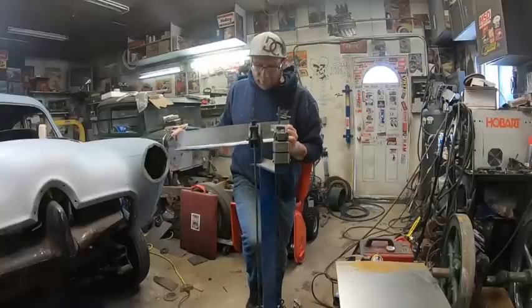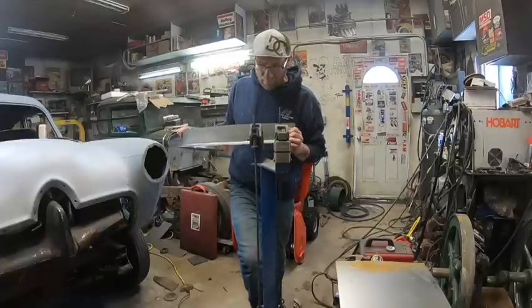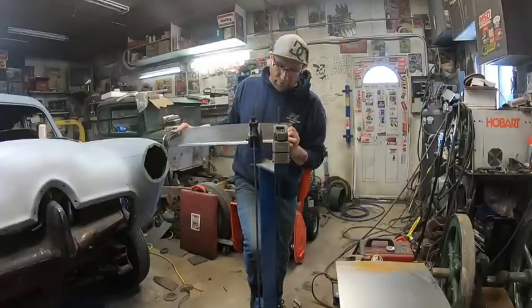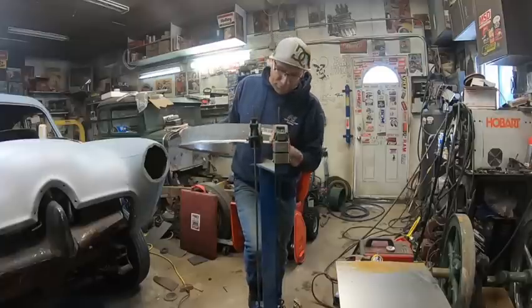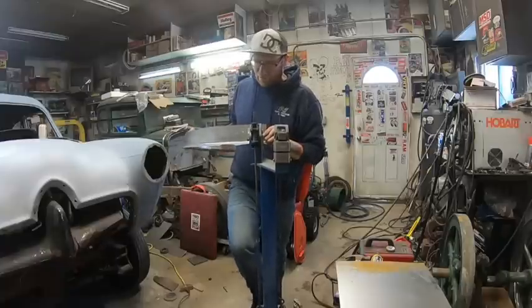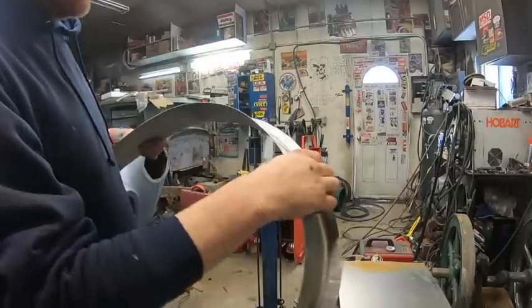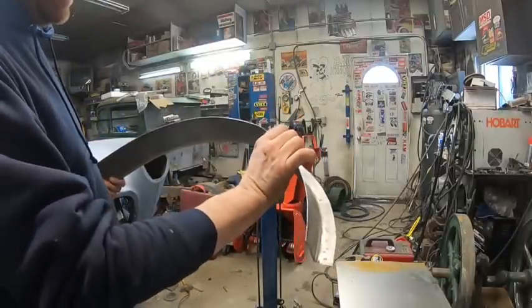This piece isn't going to be long enough. Oops. And I do, I don't know, 3 or 4 bites, and then I go take a look and see how close I am or how bad I'm off. So I think, let's see where we're at there. But you can see in there are bite marks, and it is stretching. I did have to take a couple cuts here to relieve it a little bit because the angle's pretty severe on the front there,